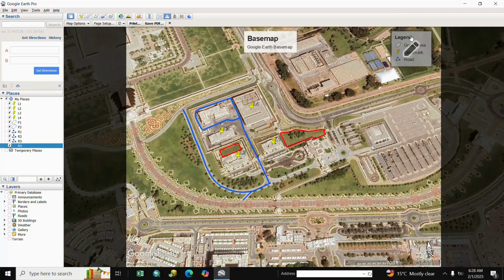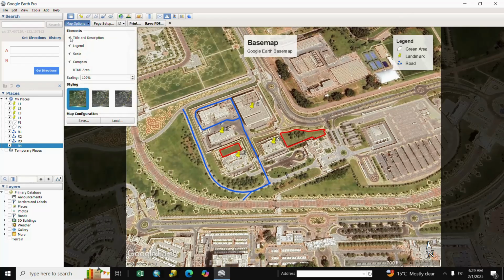Here is our legend. If you want to close the legend base map, you go to map options and close the base map title. If you want to close the legend, click here legend.